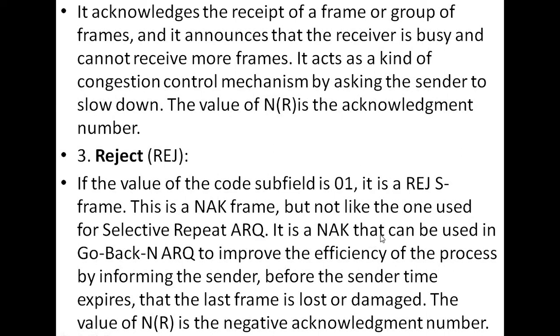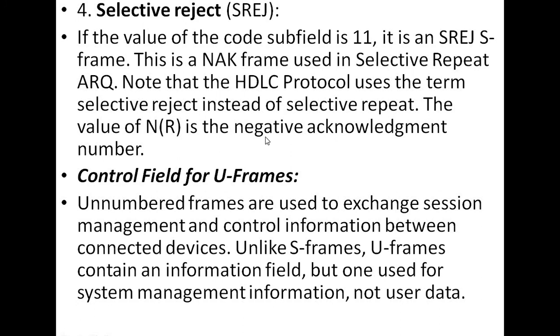It is a negative acknowledgement, which can be used in Go-Back-N ARQ to improve the efficiency of the process by informing the sender, before the sender's timer expires, that the last frame is lost or damaged. The value of N(R) is the negative acknowledgement number. Okay, so the fourth one is